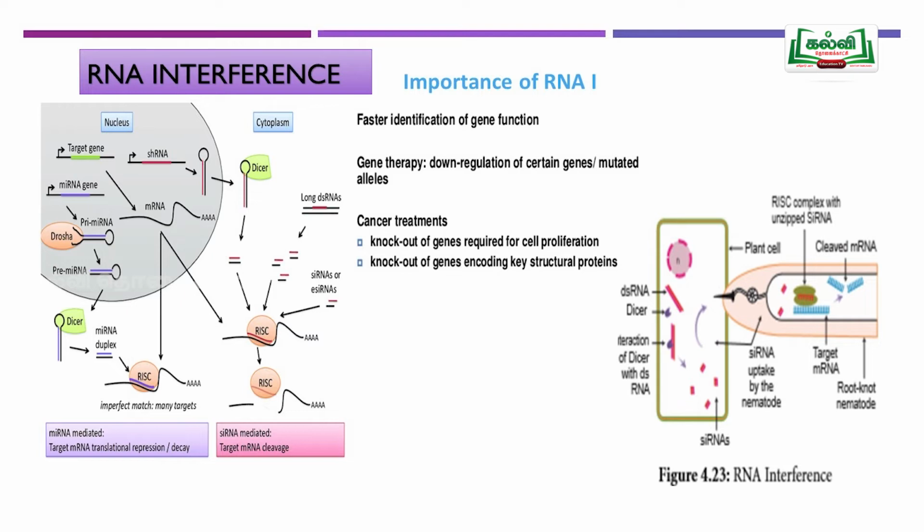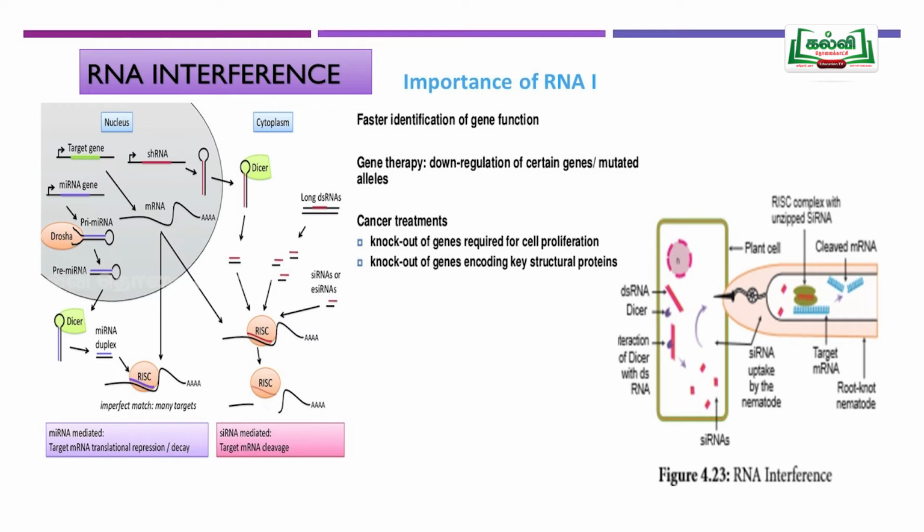This was first identified naturally in a plant cell which is eaten by a nematode. When the nematode eats the plant cell, a small sequence of double stranded RNA enters the nematode. In the nematode system, RISC goes and binds. The functional RNA present in the nematode will not function, or its expression will not take place, or is silenced. So the particular gene expression will be totally silenced by this RNA interference. First of all, this was identified in nematodes.